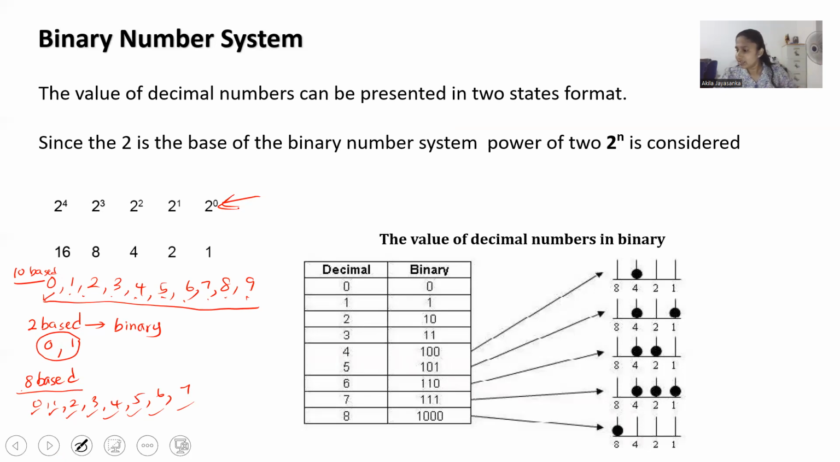Right? You can see the decimal number and its value in binary is given here. If the decimal number is 0, the binary value is 0. There are no considerations. And if the decimal number is 1, the binary value is also 1, right? The reason is,